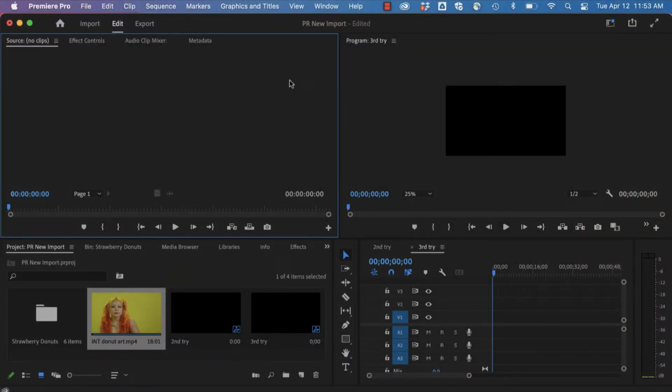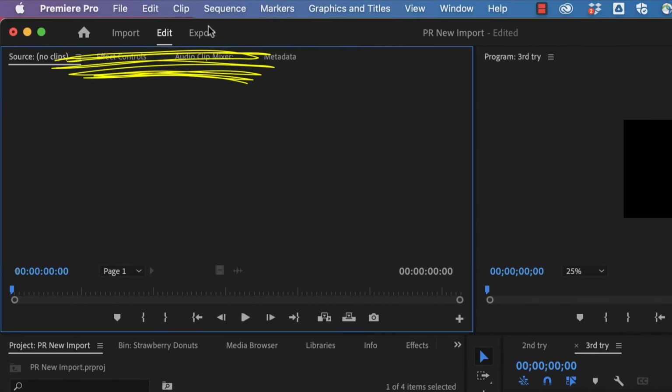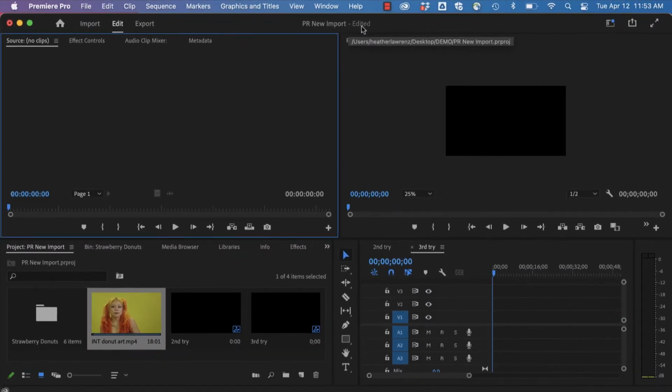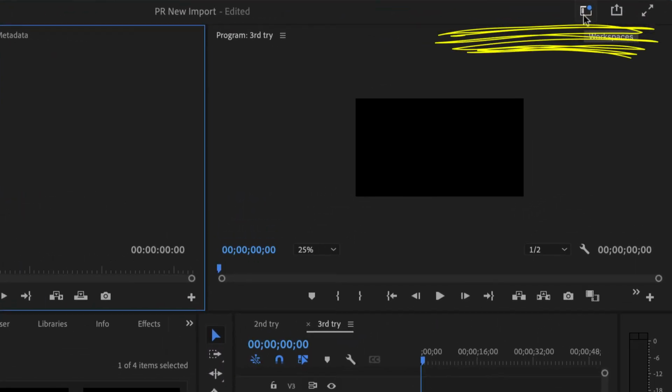Workspace really starts with this header bar. This makes navigating Premiere Pro so much faster and easier. Simply move from left to right through each stage of your editing process with import, editing, and export. The project name and the save status are shown right in the center, and you can still access workspaces